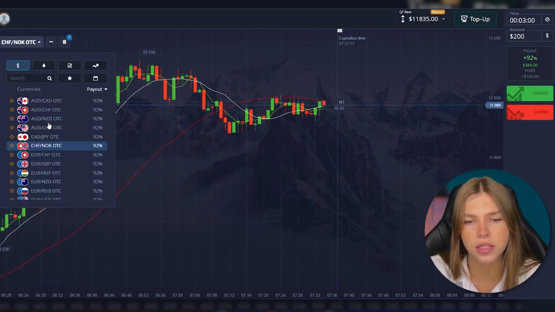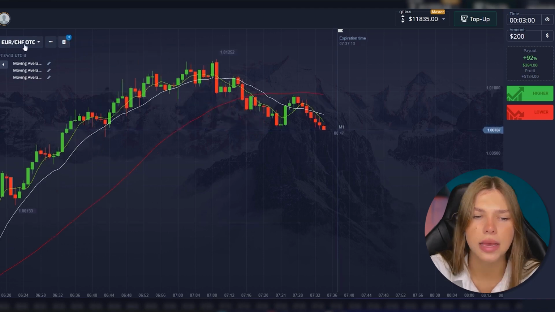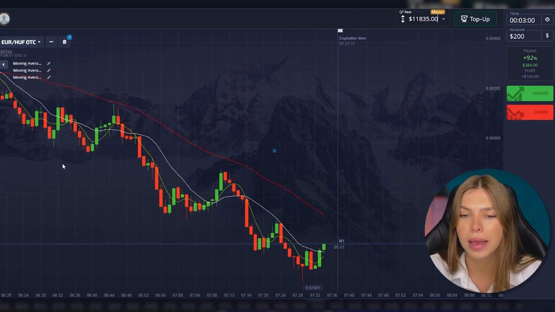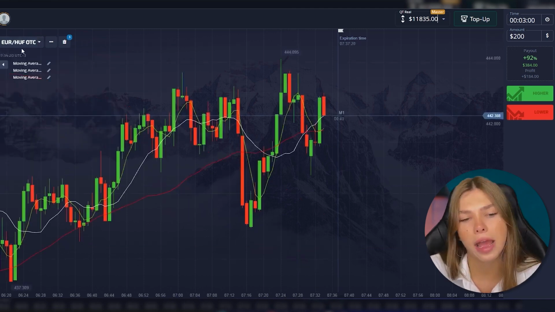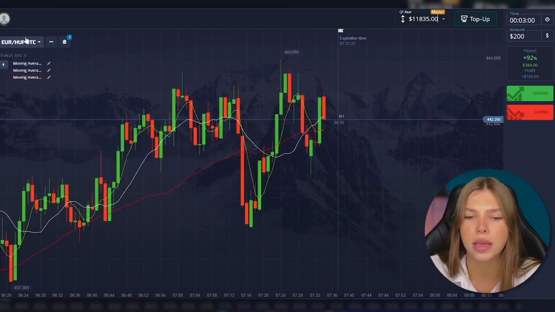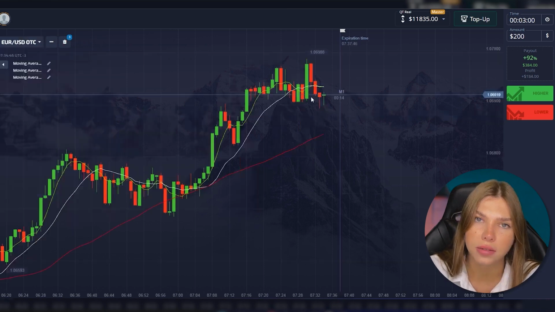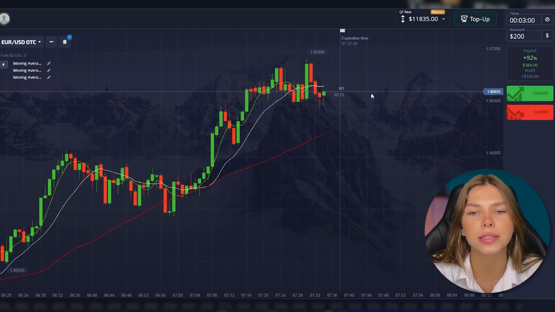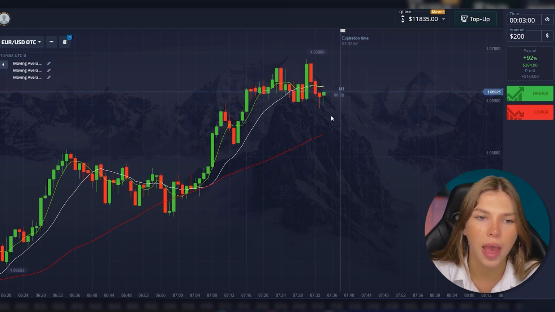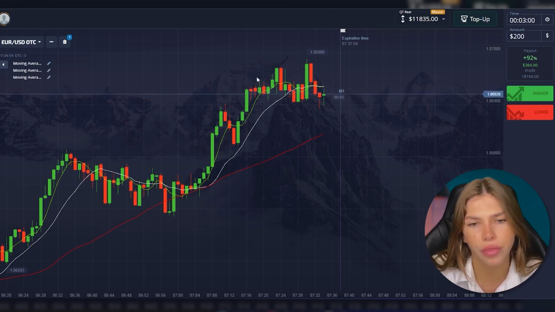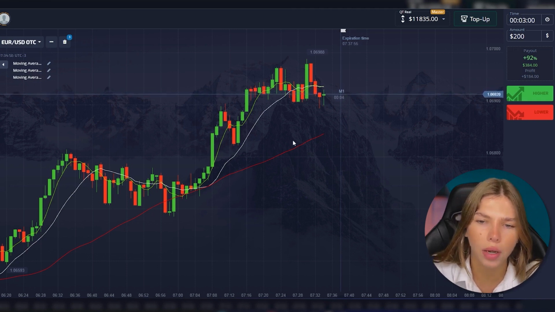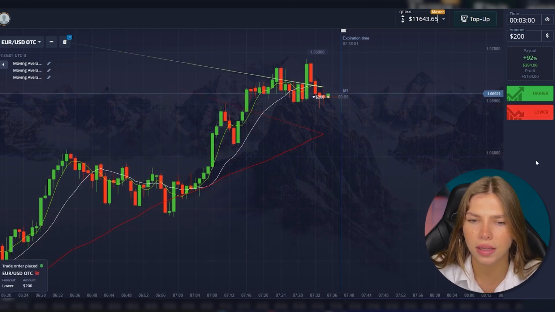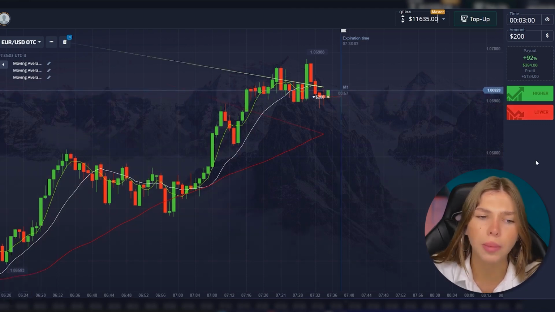Again, everything here is very strongly influenced by time and sometimes we have to wait for several minutes so that we can perfectly enter into a transaction and be sure that we will earn in it and not lose our funds. As we can see, we have a small intersection of 2 sliding ones, namely the white-green one, and we're waiting for the closure of this candle and we'll open lower because our price is higher than the red moving average line. In 1 second we open for a drop